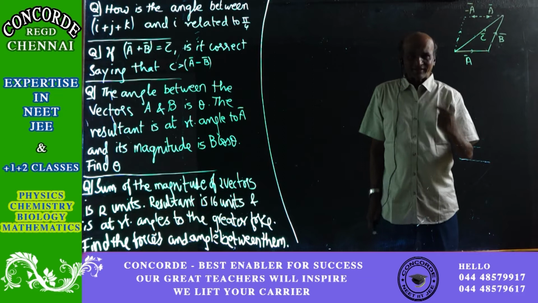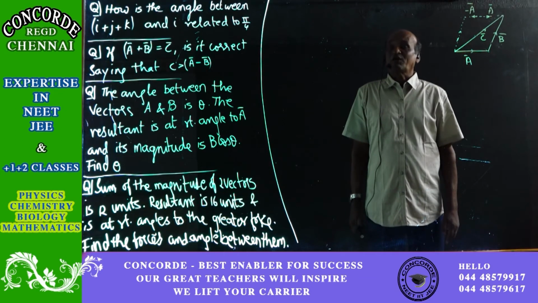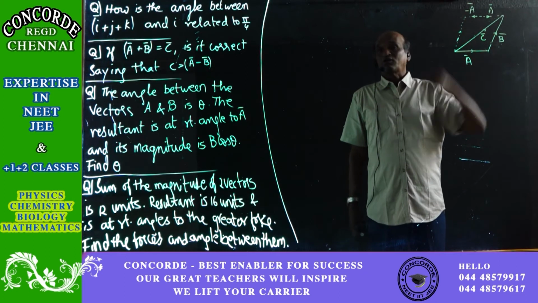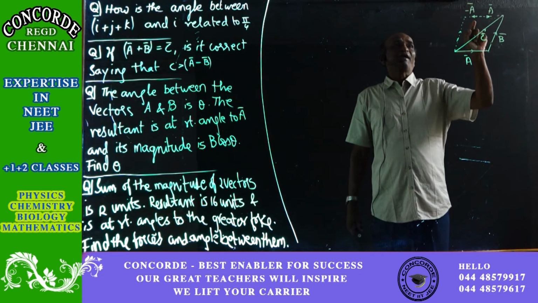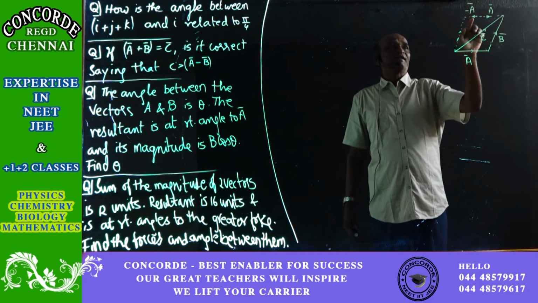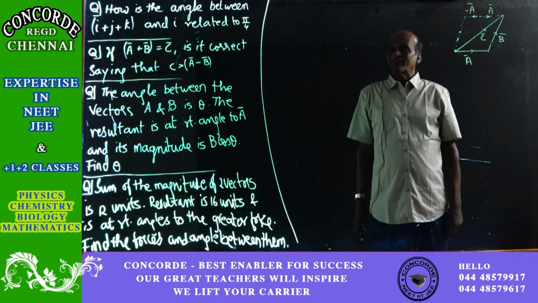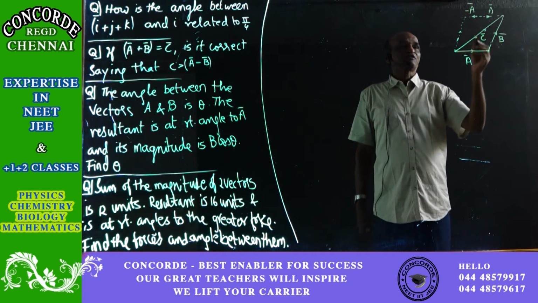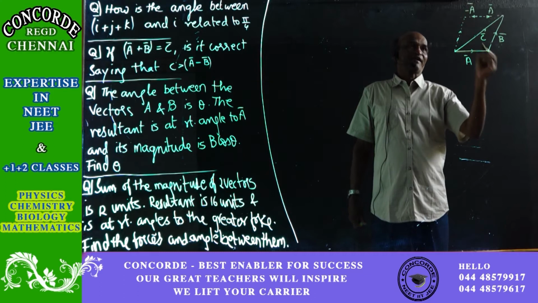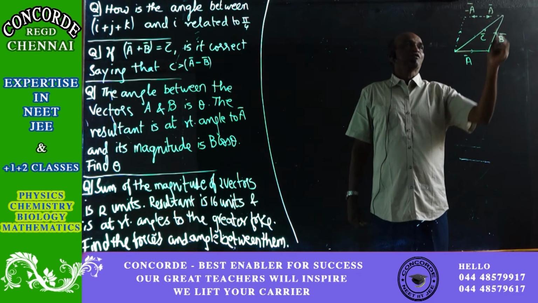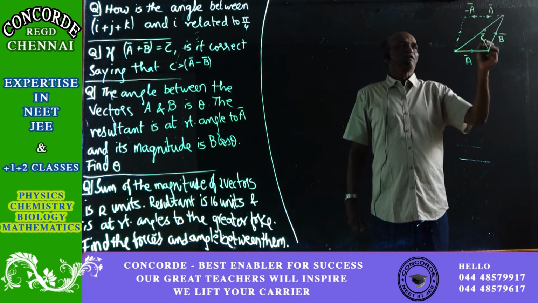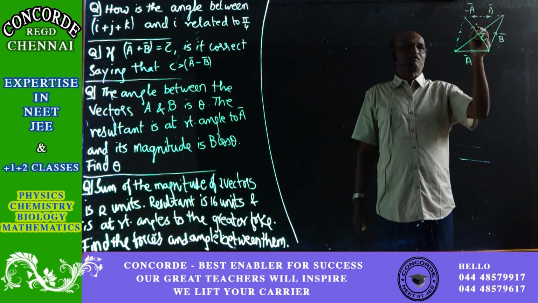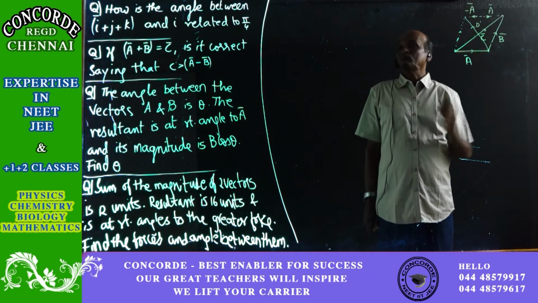Whenever you try to find the resultant, I repeated that you have to take the vectors added in order. So for B bar and minus A bar, you can see that they are in order, continuous. For that, the resultant will be starting from the tail of the first vector to the head of the second vector, which is minus A bar. So that resultant will be given by, shall we call it D bar?